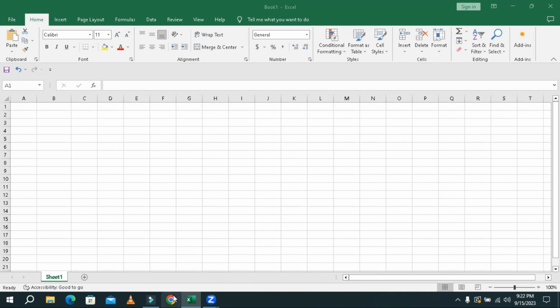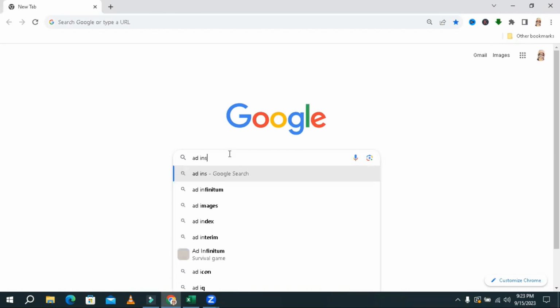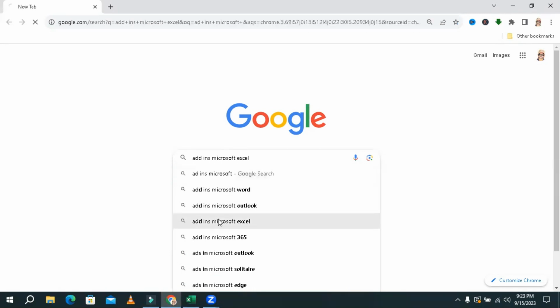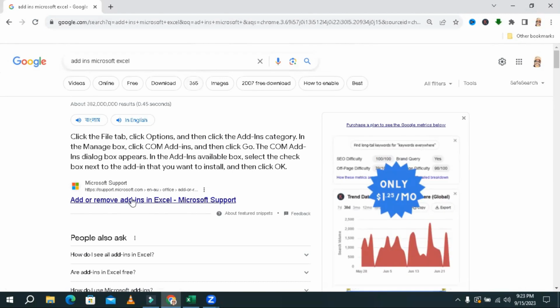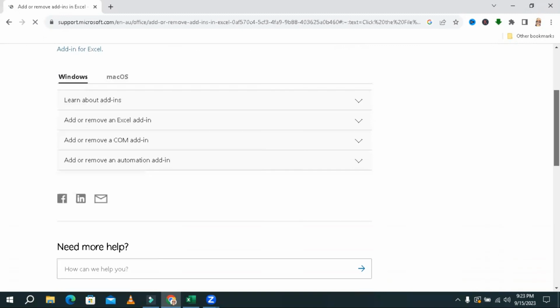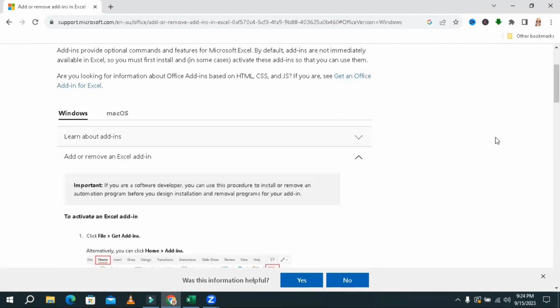Now go to Google Chrome, and in search type add-ins Microsoft Excel. Click on add-ins Microsoft Excel. Now click on add or remove add-ins in Microsoft Excel support and scroll down. Look, select Windows and add or remove an Excel add-in. Click here